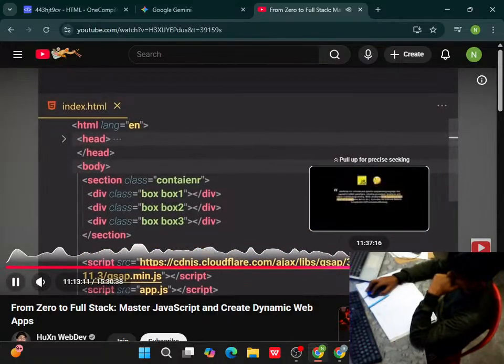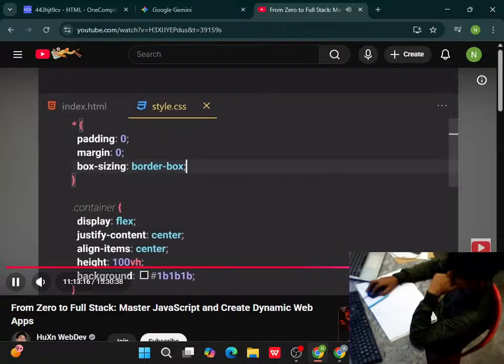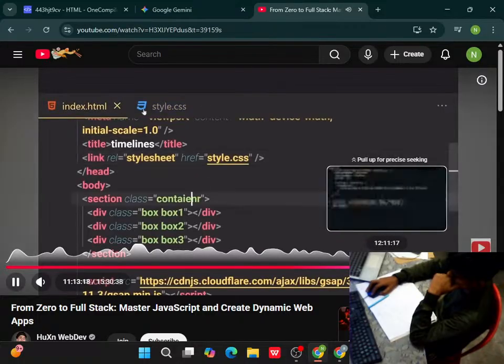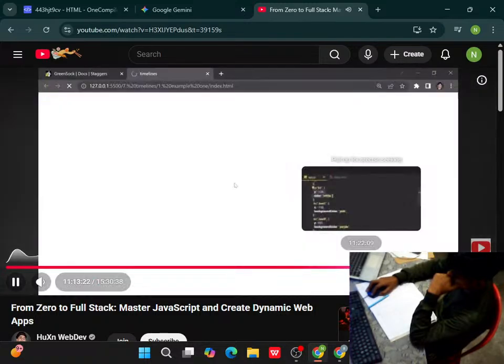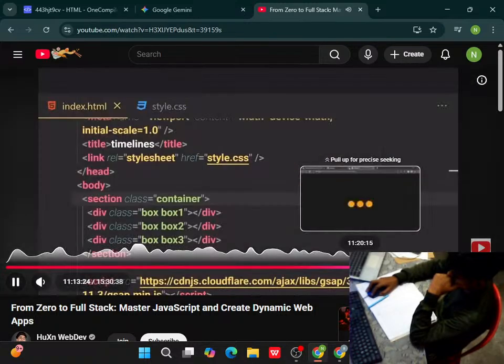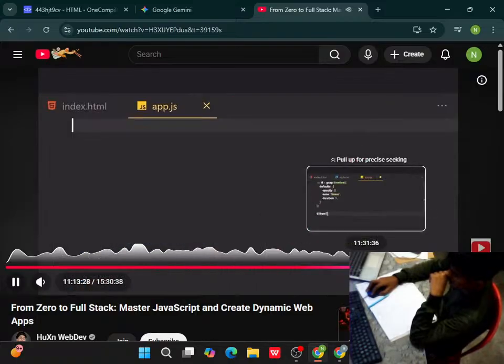But I don't know why we don't have any styling for the background. I guess I messed up. Container, there we go. I'm gonna copy that, I'm gonna paste it right here, save file, and yeah, this is how it looks like. Anyway, so I'm gonna cut this style sheet from there, and now let's just start working